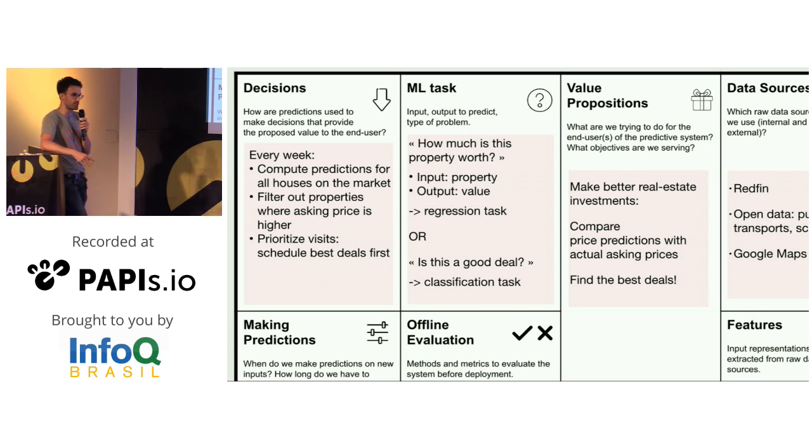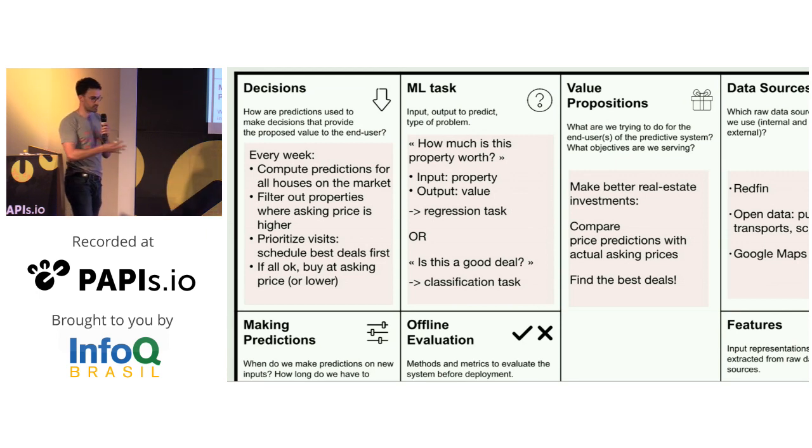So it goes back to what Fabio was saying regarding augmenting people. And probably what they do is that if they visit the property for real, they've prioritized which properties to visit first. And once they visit, they make sure that everything looks okay. And if everything looks okay, they can invest. They can buy the property at the asking price, or maybe they can negotiate. But yeah, that would be the assumption.